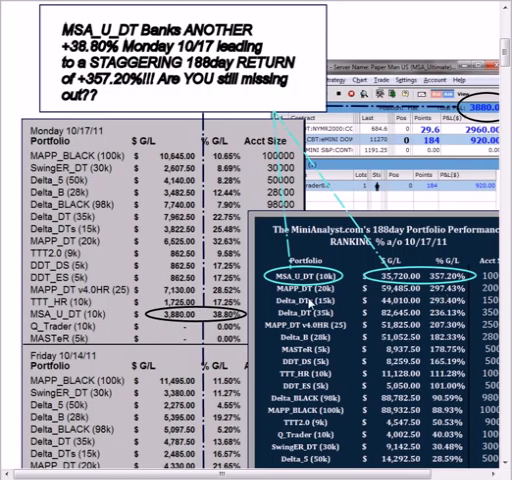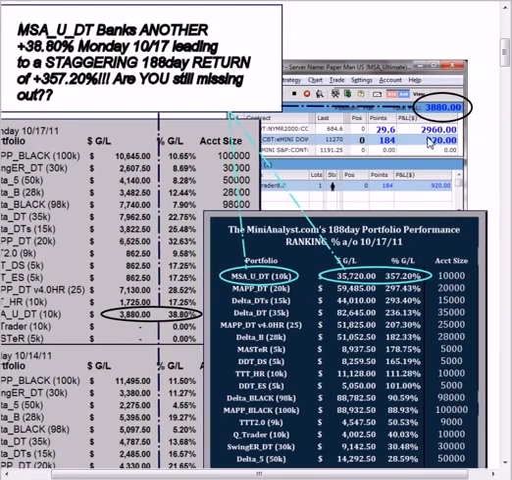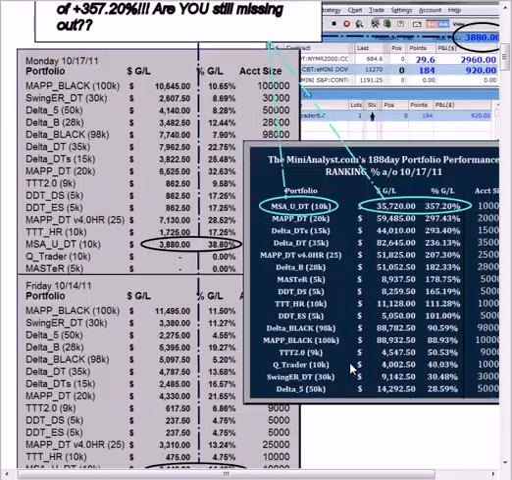We actually have a 10K model. MAPDT 20K up over 300% now after a 10% gain yesterday. This was as of Monday the 17th. But as you can see, $3,880 was a gain for the MSA Ultimate DT, MSA UDT. And again, the MSA UDT was